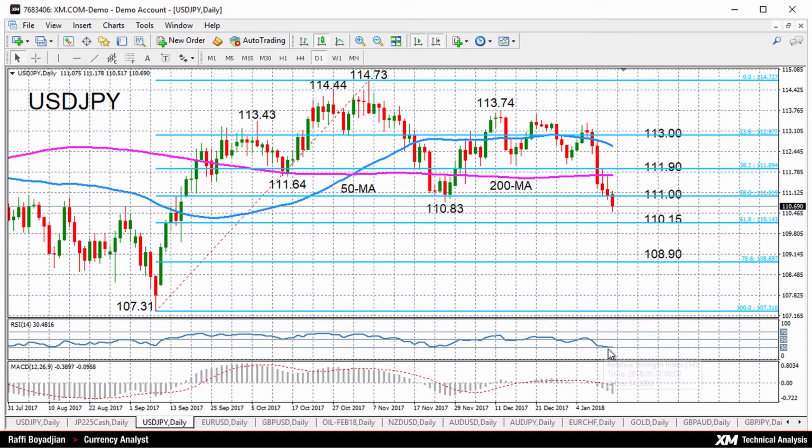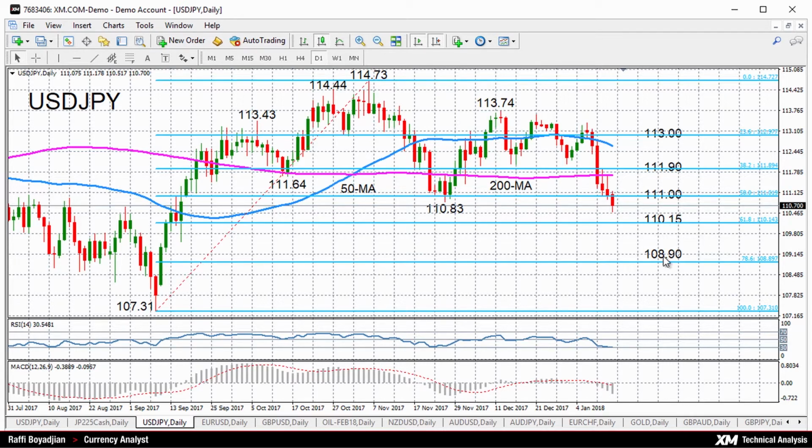It is currently flatlining at the 30 level, so it means that the current bearish bias will continue in the near term, while it's too soon at the moment to say whether or not we're likely to see any upside correction. The pair did breach the 50% Fibonacci retracement of the up leg from 107.31 to 114.73. So the next key support level should then come from the 61.8% Fibonacci at around 110.15,